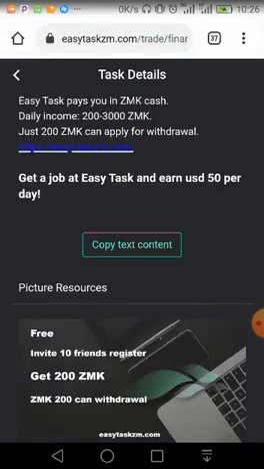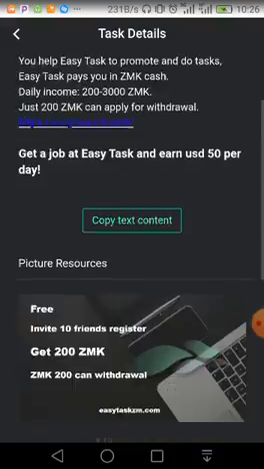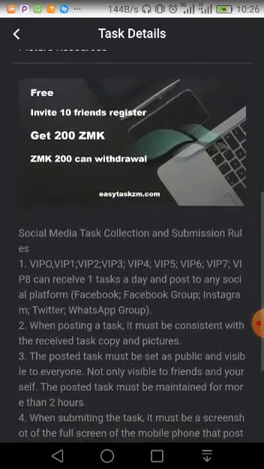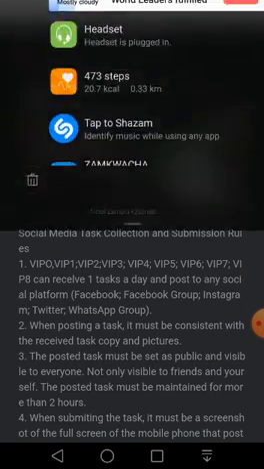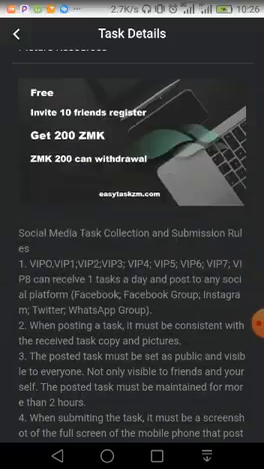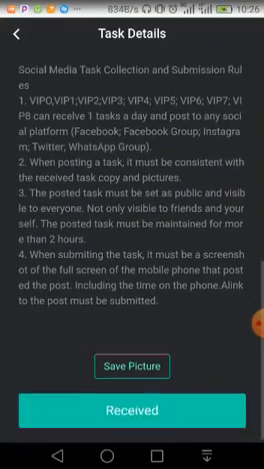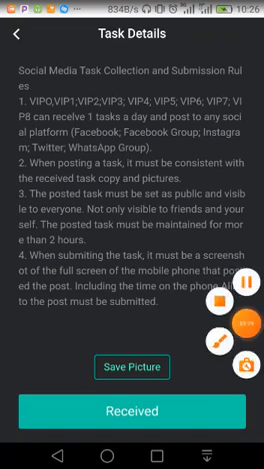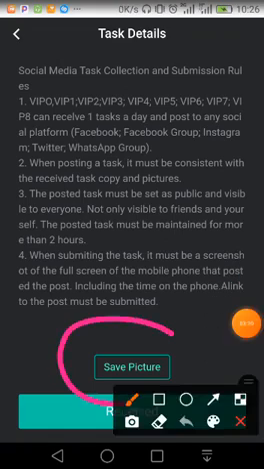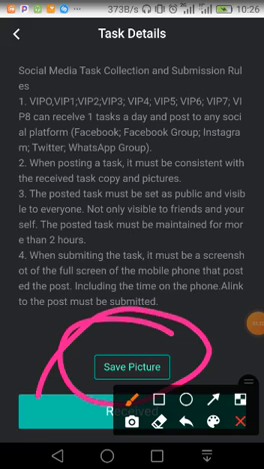After you are done here, you come down, and this picture as well has to be on Facebook. You have to post this picture as well. So you're supposed to save the picture as well. How are you going to save the picture? Simple. It's written, save picture. I'm sure you all know how to read. You click here on save picture.